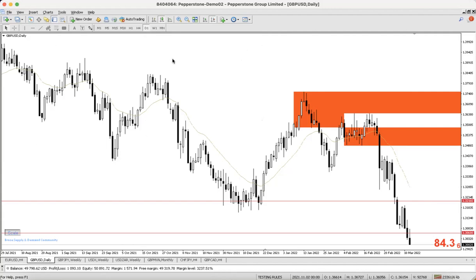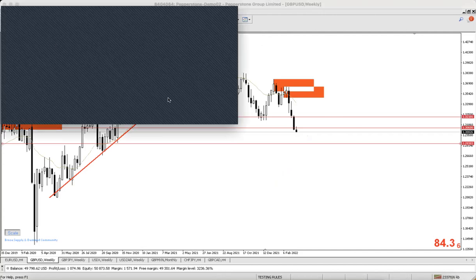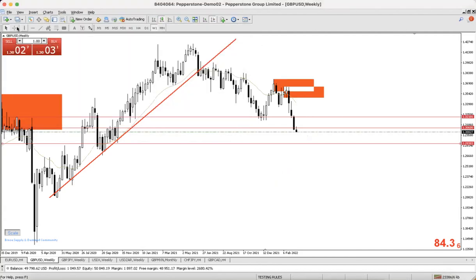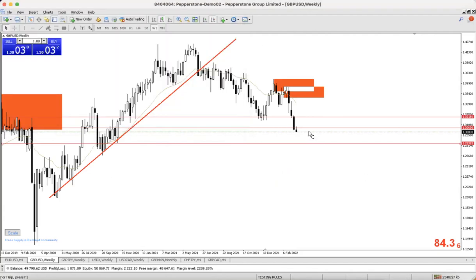Okay. So I'm going to enter it where it is. It's a buy market, another buy market, and my stop loss